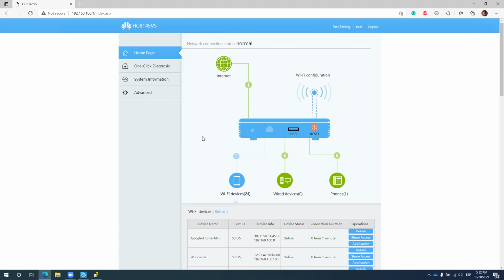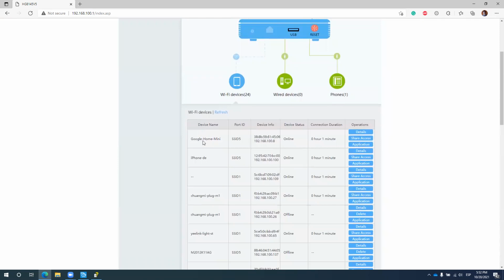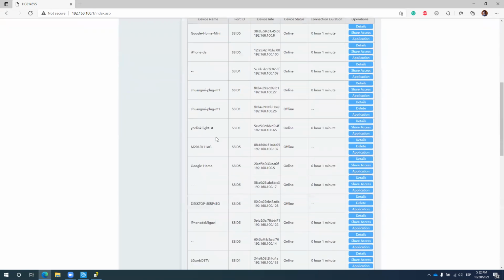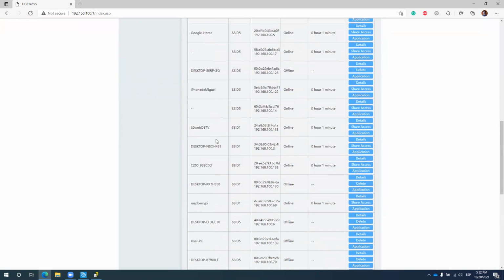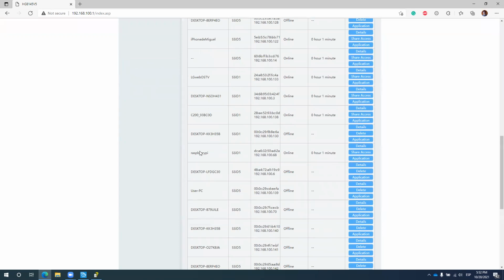Okay, maybe not 30 more seconds, but it's ready now. So I need to search for, oh yeah, here it is, Raspberry Pi. So for the Raspberry Pi, a host name, and this is the IP address for it. So I will copy the IP address, and what I will do is I will connect with a tool called